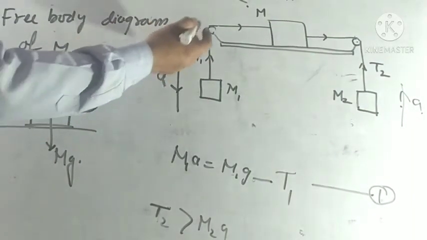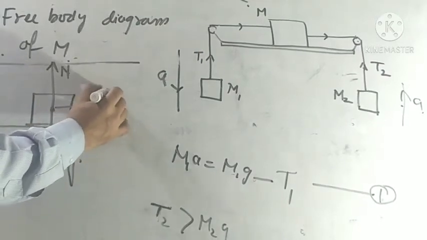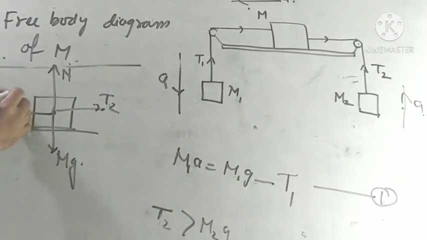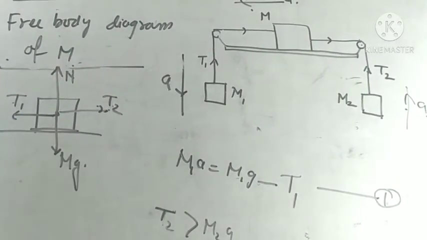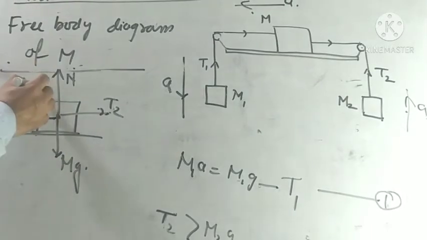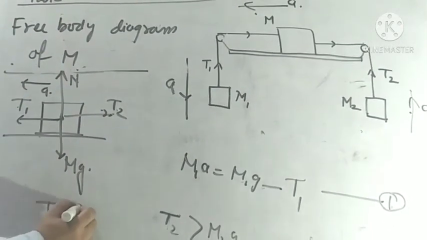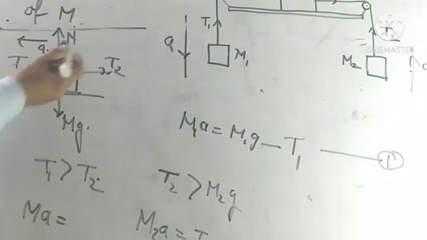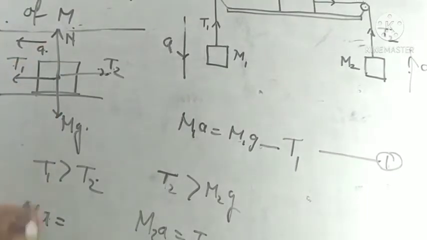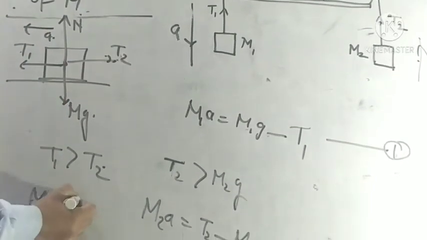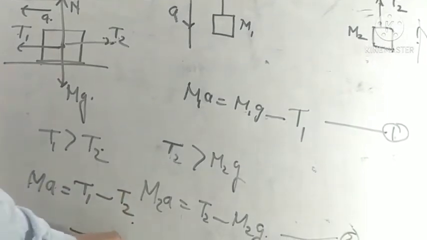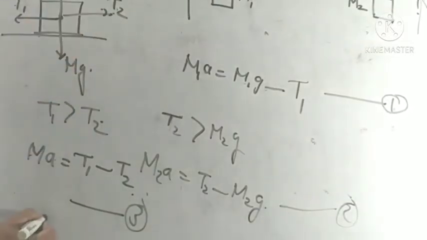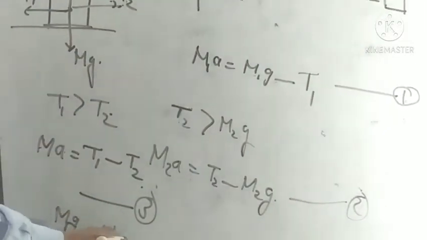The other two forces are tension T2 in the string here, and tension T1 in the string. These two forces act on this body, but this body will move left-hand side with acceleration a. So here T1 is greater than T2, and the net force on this body will be Ma, the mass of the body times acceleration a, equal to T1 - T2. We give it equation number 3, and equation number 4 is Mg, the weight of this body, equal to the normal force.